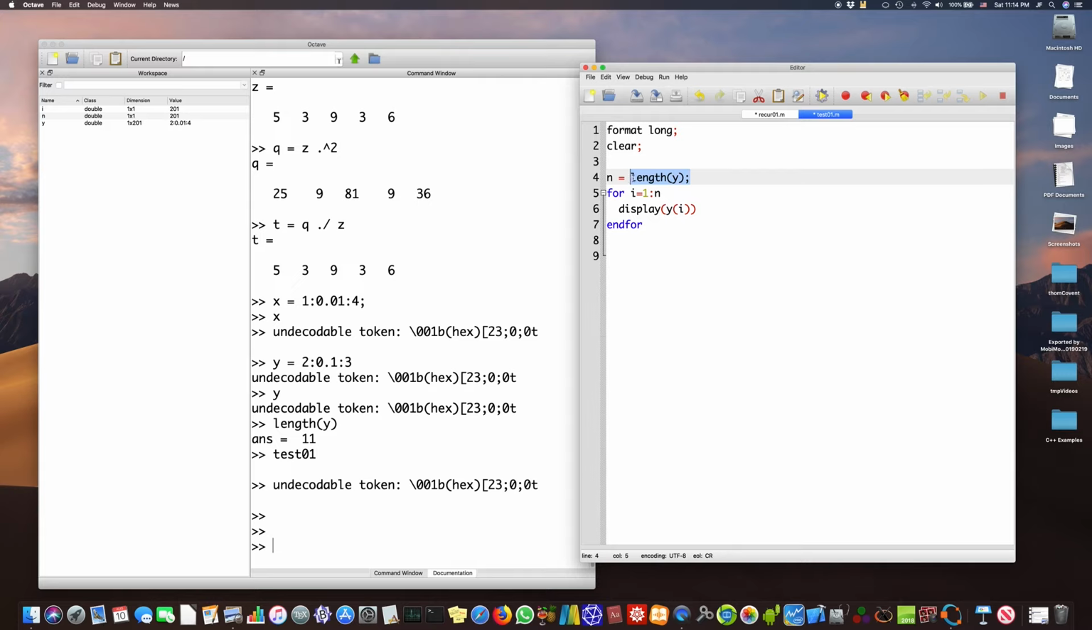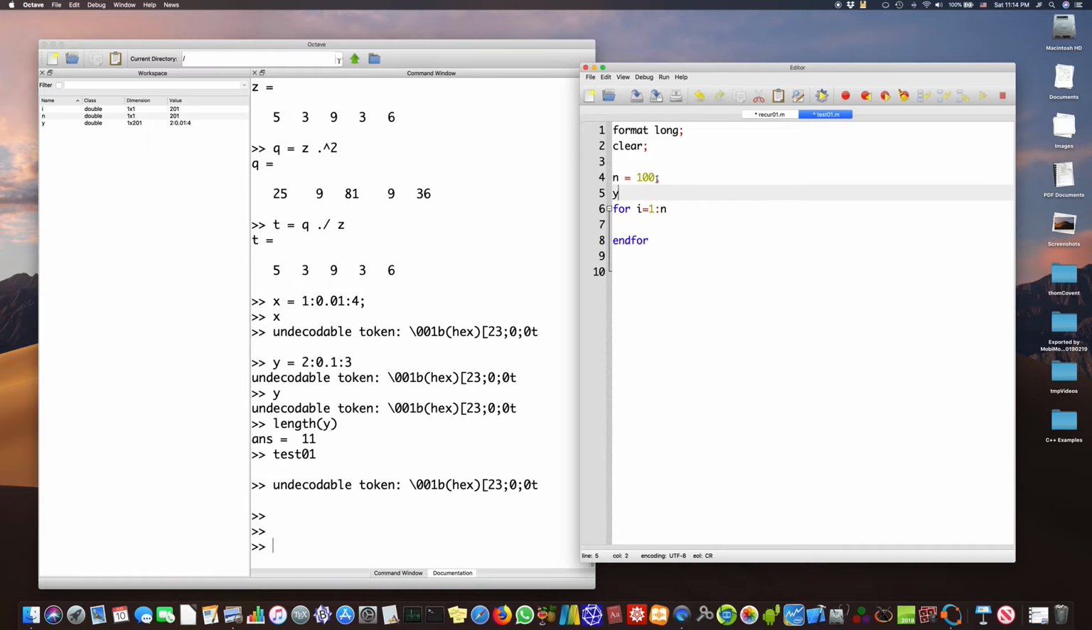100, and let's declare an array. You have to declare it to reserve memory space. So y is equal to zeros, 1,